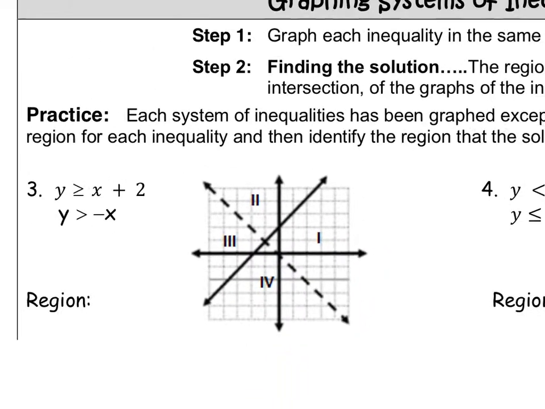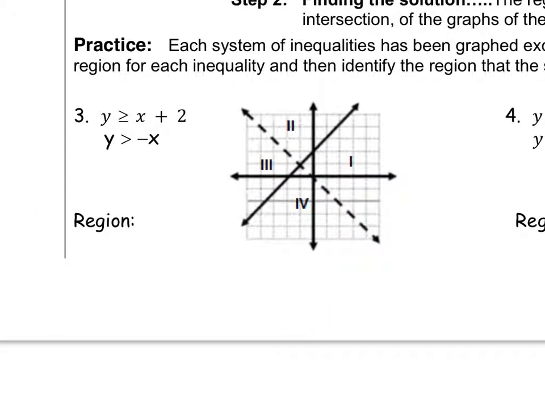Now we're going to look at one of the ways that they will definitely test you on systems of inequalities. They'll go ahead and draw the two lines, and you'll be tasked with shading them correctly and then determining which one of the regions has the double shading or the solution. So you'll notice we have region 1, 2, 3, and 4. The question on this is which one of these regions is the solution to this system of inequalities. So we're going to start with our very first equation, and the question is